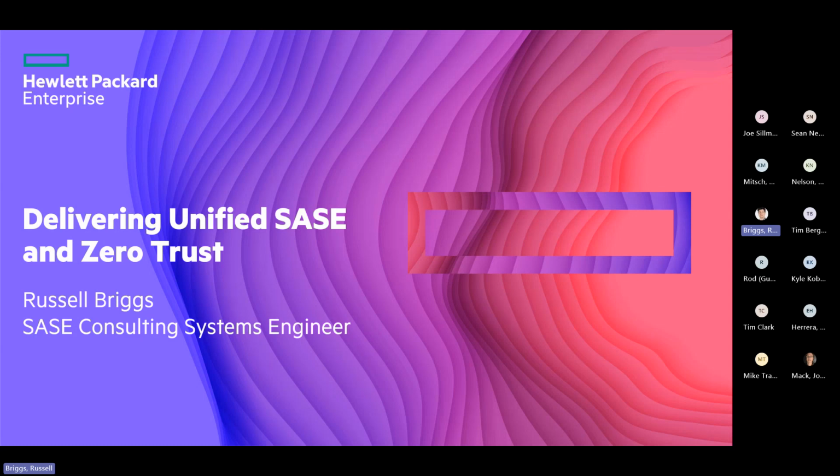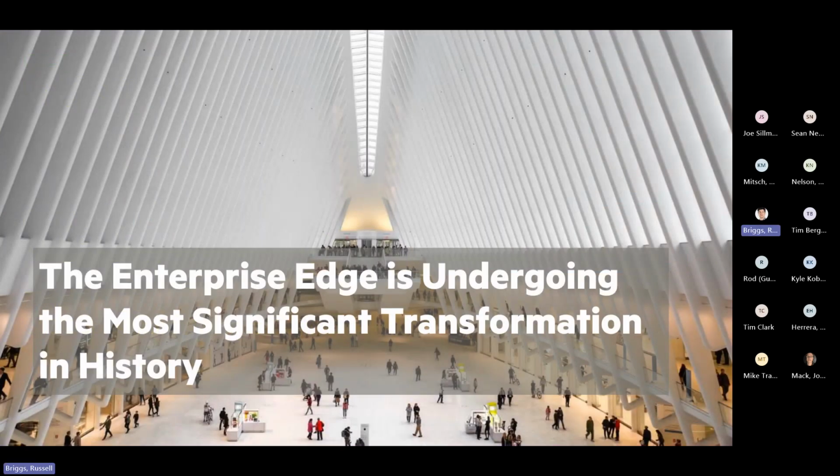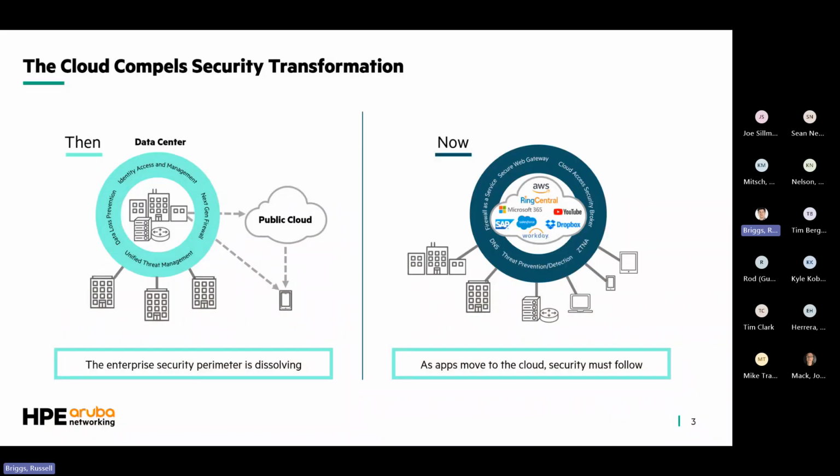Let's start by setting the stage and saying, let me jump to the next slide here, that we're going through probably the most significant network transformation in history. It wasn't that long ago that we all had little network closets with air conditioners in them and dimly lit lights and racks full of servers, right? Now, if you go into those same closets, there's probably a couple of Ethernet cables laying on the ground and everything's gone to the cloud. So everything that we're used to has changed. In fact, if you look at the then and now,